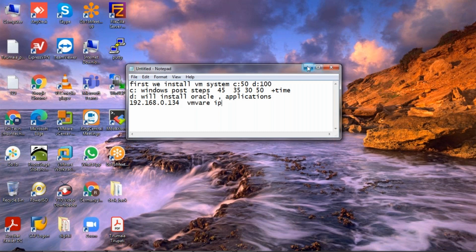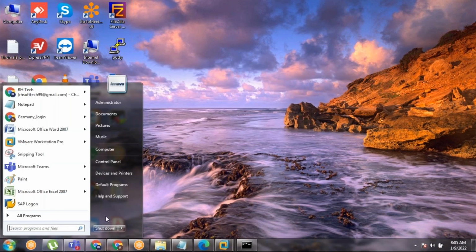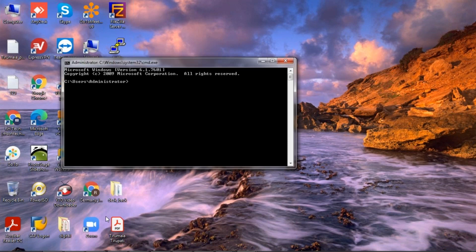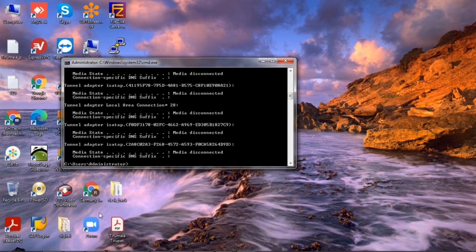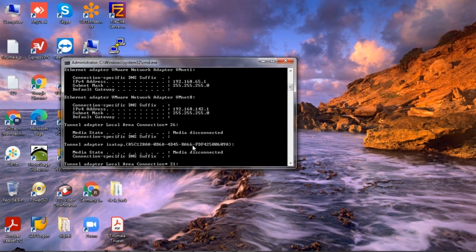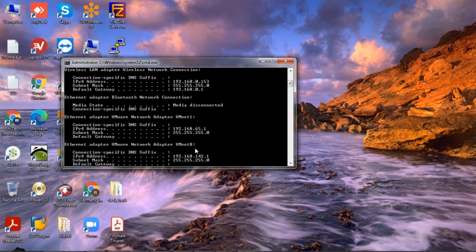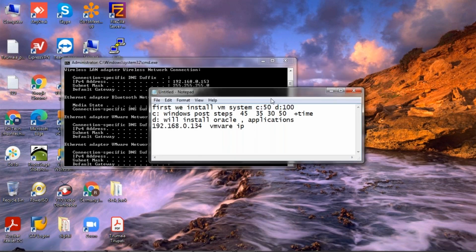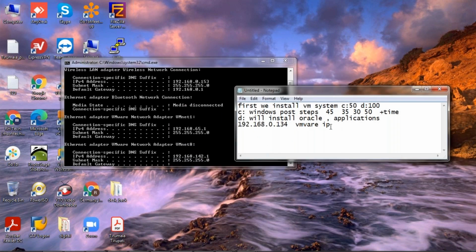Now match this with your system. It is 192.168.0.134, and 153 is the Windows IP. Now what do we have to do?